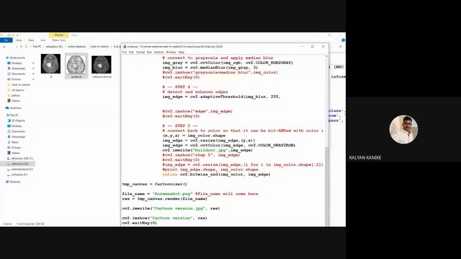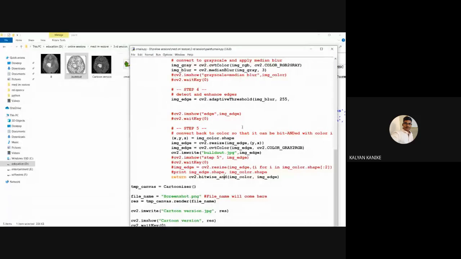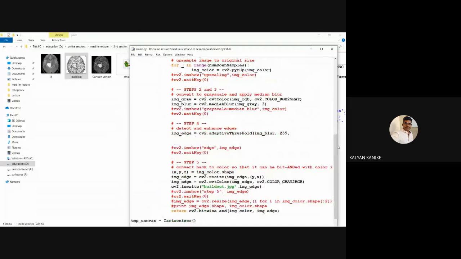Why are we multiplying this edges information with the color image? What is the advantage of this?